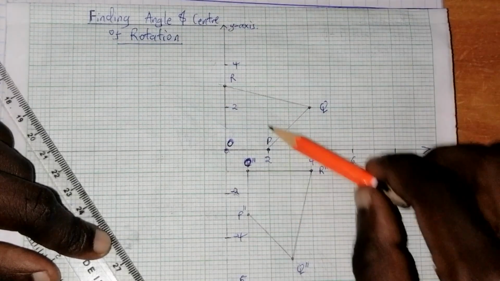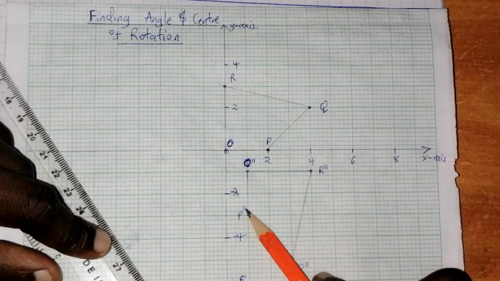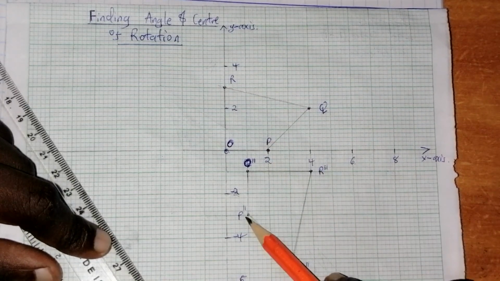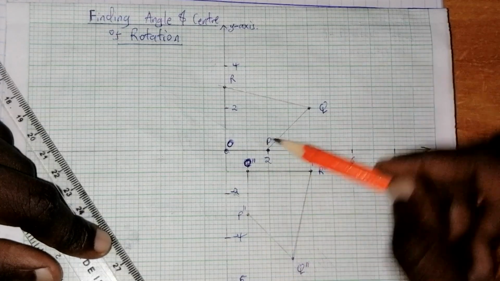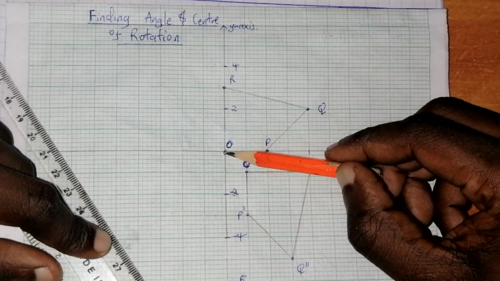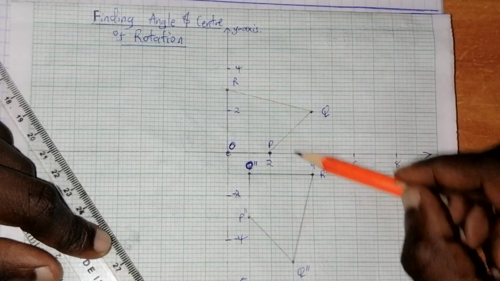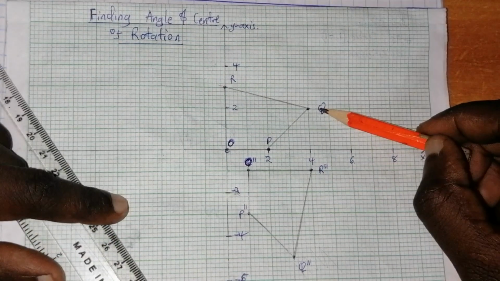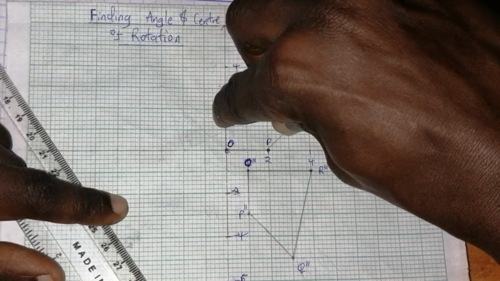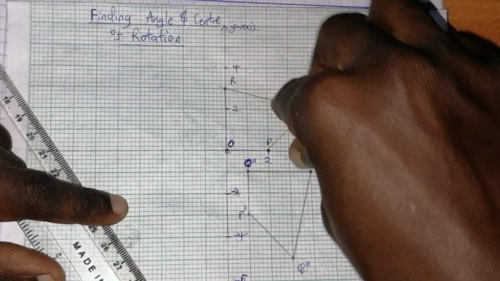Now, when we look at this diagram, let us find out what has happened. For instance, I have P double prime here, then there is P at this other point. So it means P has moved from this point to this other location. Now O has migrated from here to here. R has migrated from here to here. Then Q has migrated from here to this point. When we look at this diagram, it simply means that there is a twist